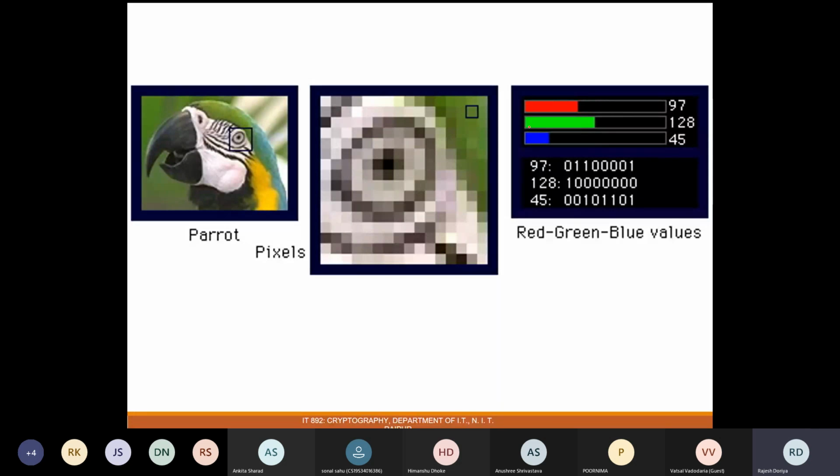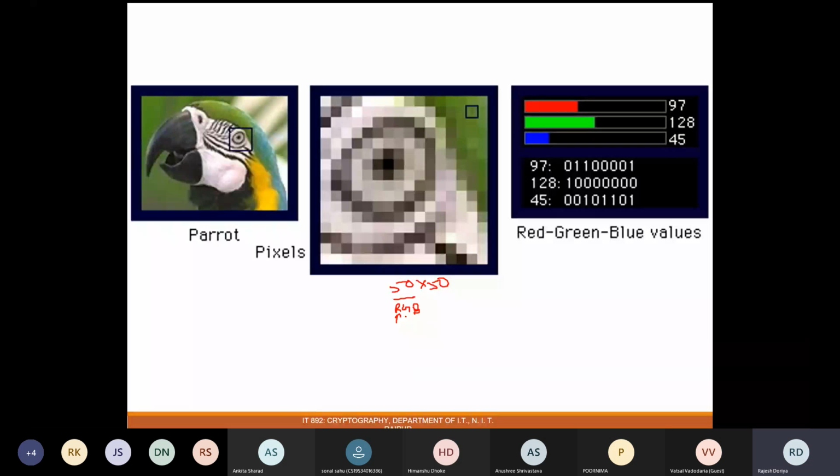Okay, three RGB values are there, and with these three values, any pixel or any color is formed, right? So one can slightly change the pixel value of any color and hide information. For example, if this is a 50 cross 50 image, that means 50 pixels have been placed horizontally and 50 pixels have been placed vertically. And in each pixel there are three RGB values. So one can change any value,